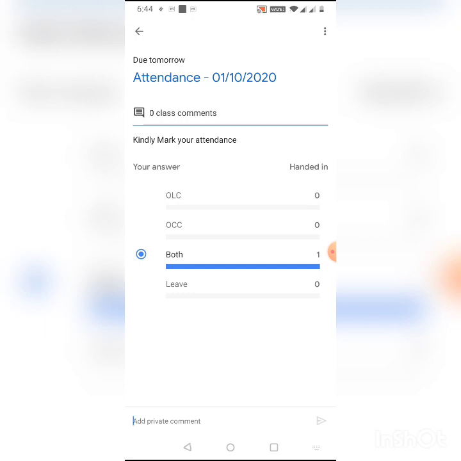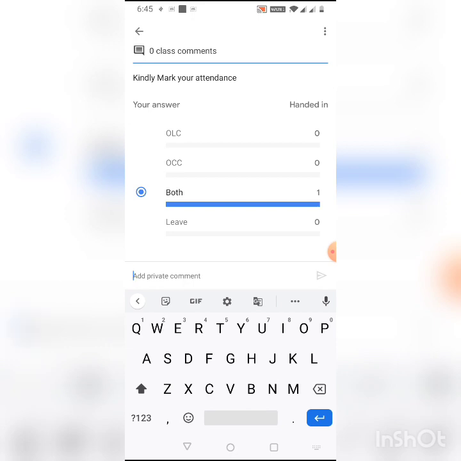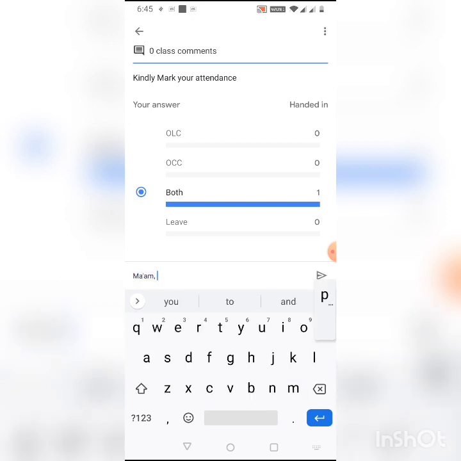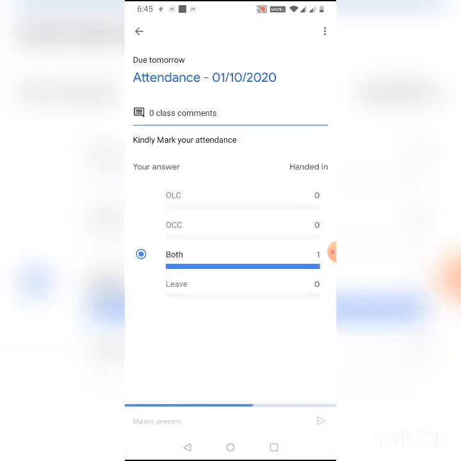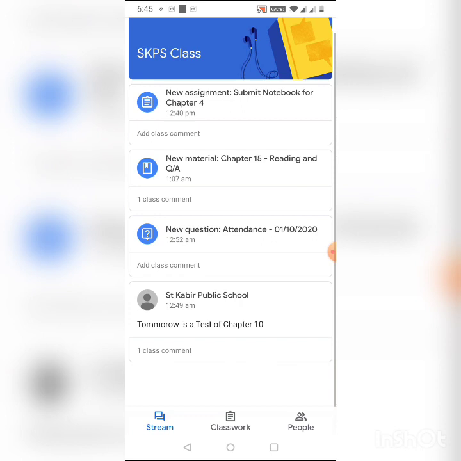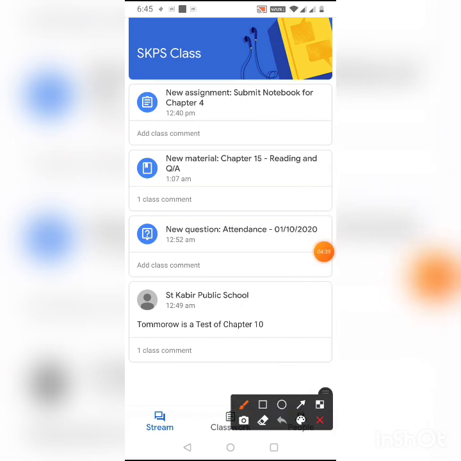I can also add a private comment that the teacher will be able to see, ma'am, present, but that is not required. Lastly, as told to you, this feature is for all the announcements that your class teacher or the subject teacher can make. Maybe a test, maybe some important event will be shown through this.